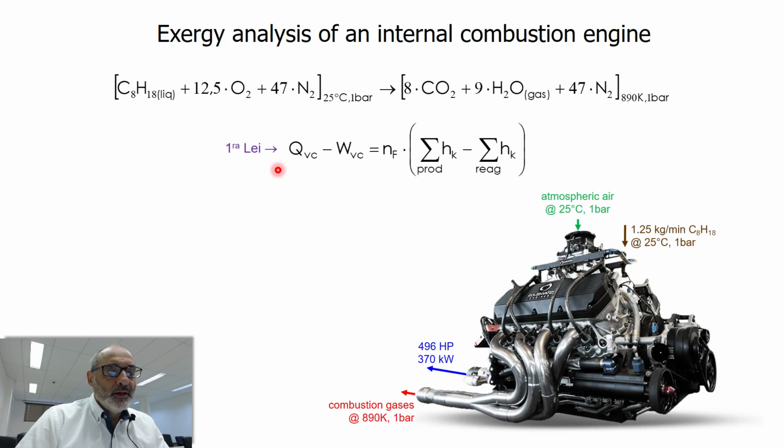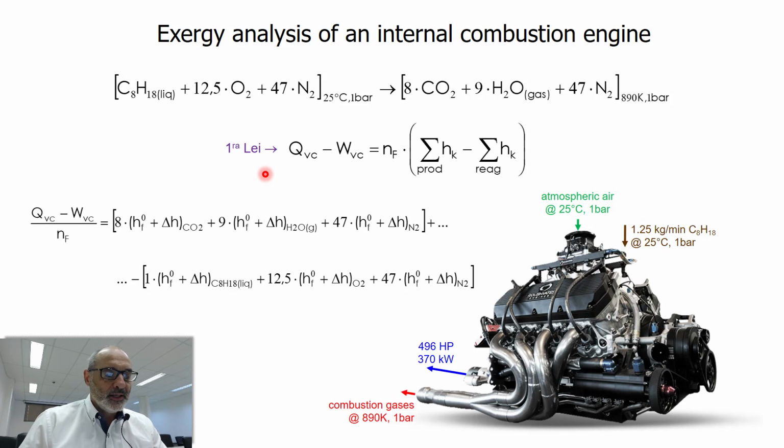It's here. The heat supplied or injected into the control volume, if it's negative, it's being released, minus work coming out of the control volume, equals the entropy variation. Here, that's the first law of thermodynamics. Replacing all the components here,